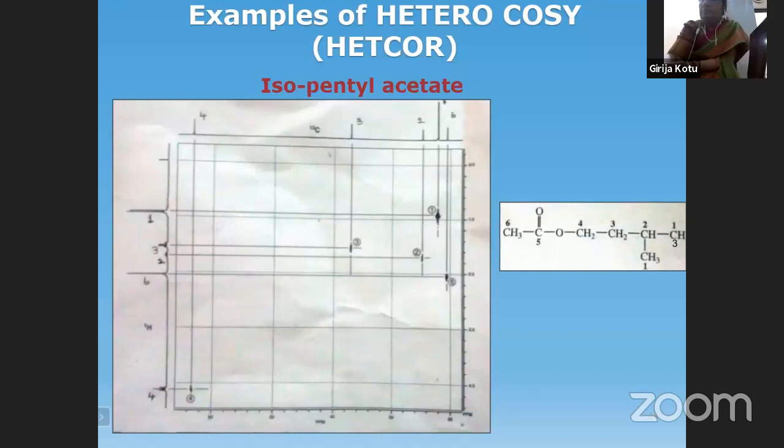From downfield, if you consider, first is the fourth carbon, the downmost signal, OCH2. Next is the third carbon. Next is the second carbon. Next, both methyls together. Next is the sixth carbon. So this is the C13 NMR gradation as far as the chemical shift is concerned. But when you come to the proton NMR spectrum on the y-axis, the chemical shift values are slightly different. They're not following the same gradation.